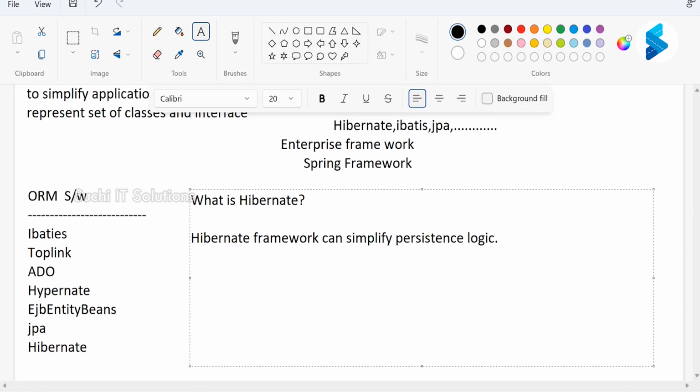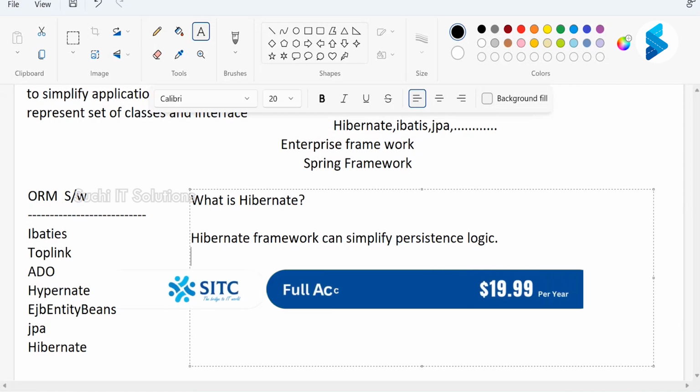Otherwise, I can try to write like this. Hibernate is a framework. It simplifies the development of Java applications to interact with the database software. We can perform manipulations like insertion, updation, deletion. These are the operations you can try to perform using Hibernate. Are you clear, everyone? Please.